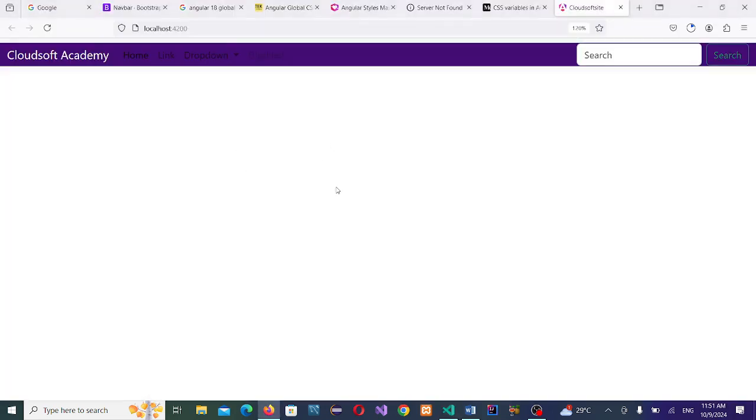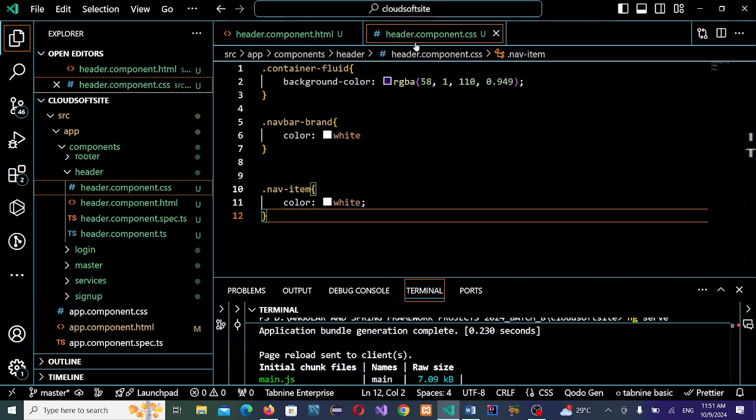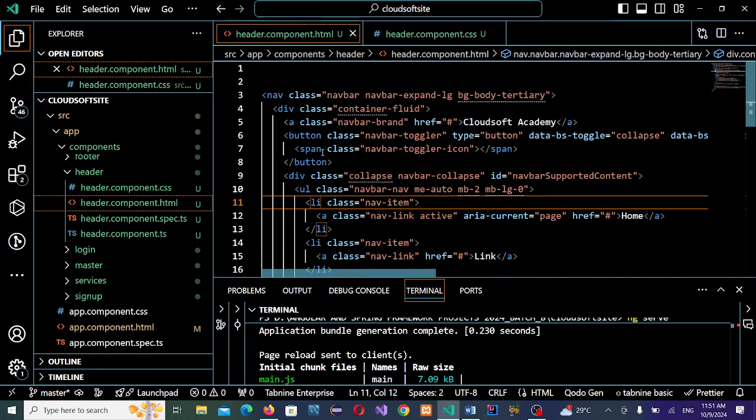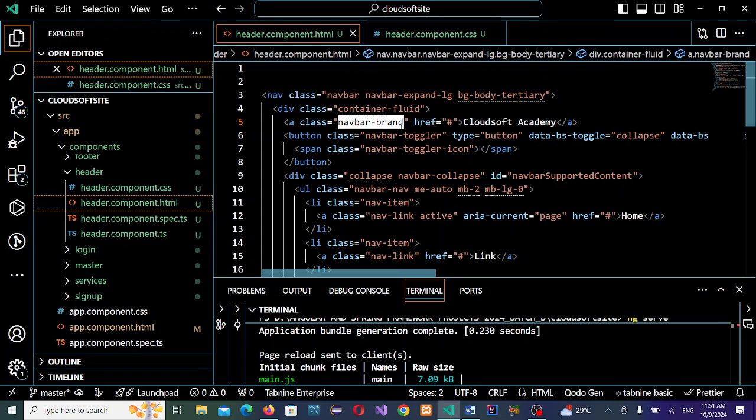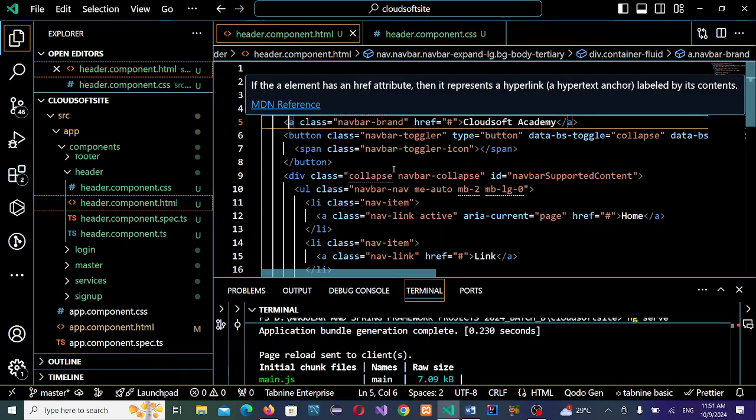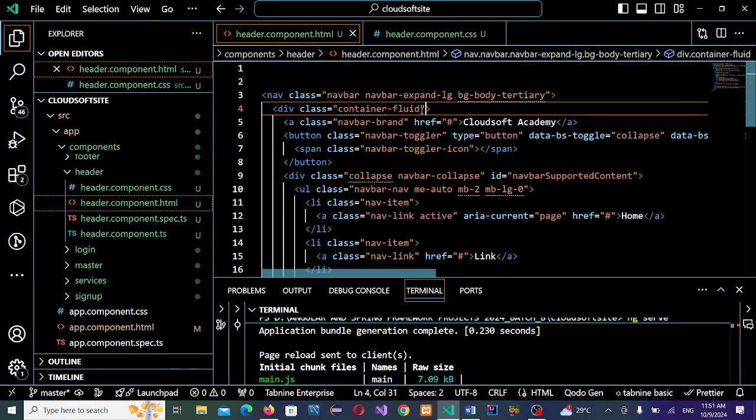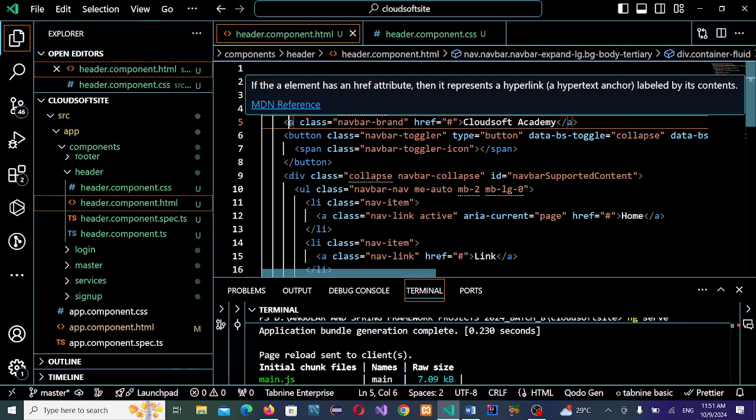Navbar brand. Let me check it clearly, very clearly. Navbar brand, this works. So this starts from where? Which is under flute. Start from here as an anchor,